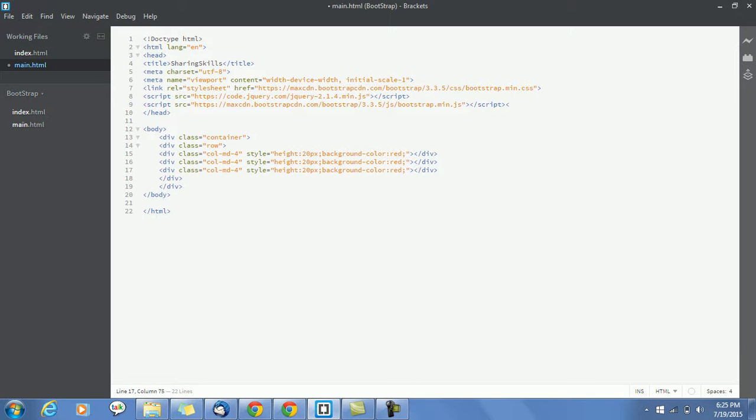Okay guys, 4 plus 4 plus 4 is 12. So as I have told that a row can contain a 12 column grid, we are dividing into 3 parts, 4 columns each. Okay, let me define some of the terms. Just keep in mind XS, SM, MD and